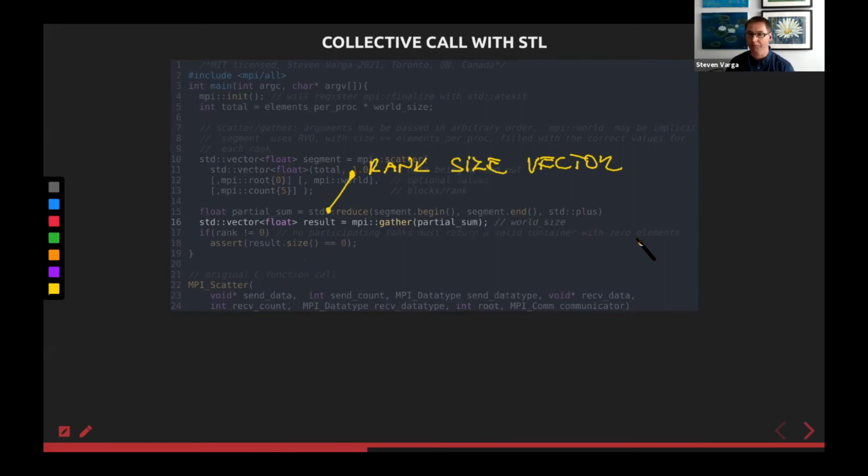Similarly, the returned values are actually the rank size vectors here, so for all the ranks, that follows up and does whatever the writing is supposed to be.